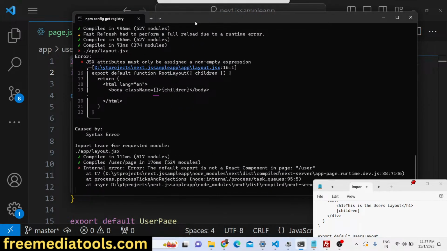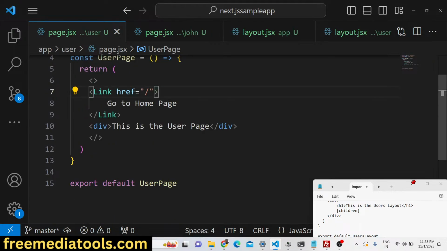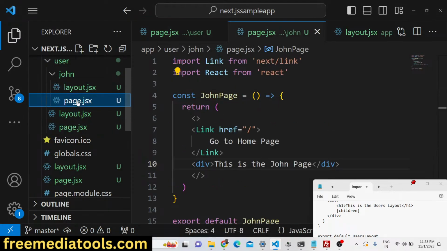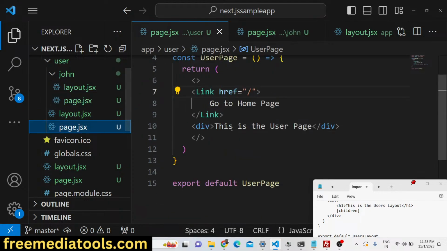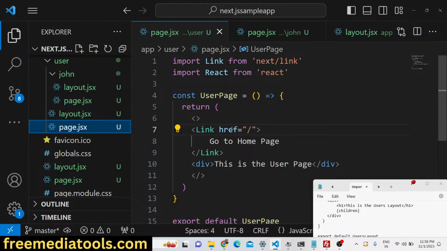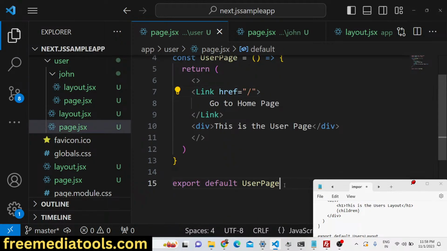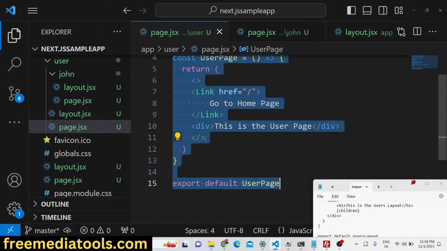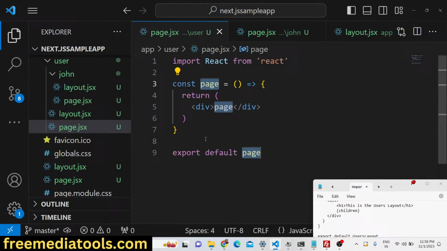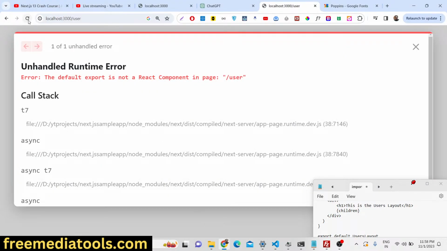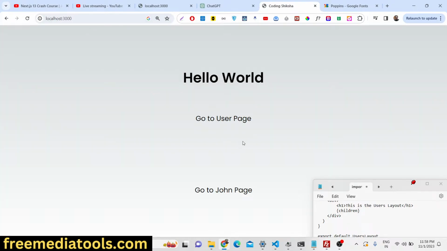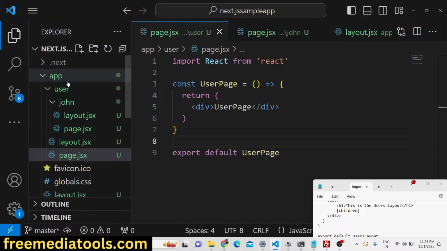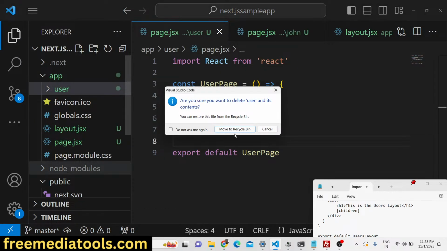Internal error, default export is not a component in user. Let me say RAFC user page. Let me delete this folder, and